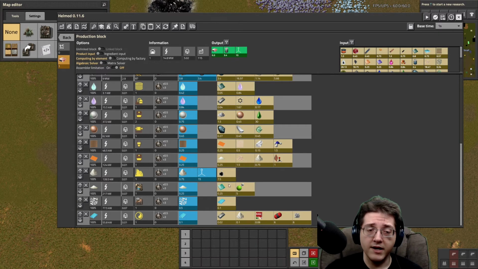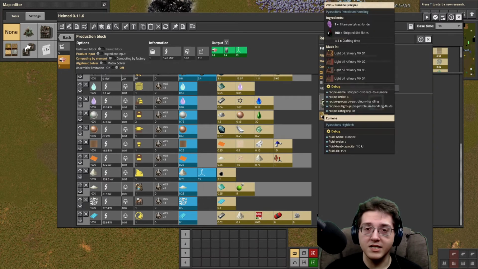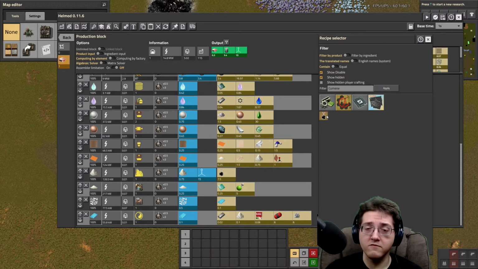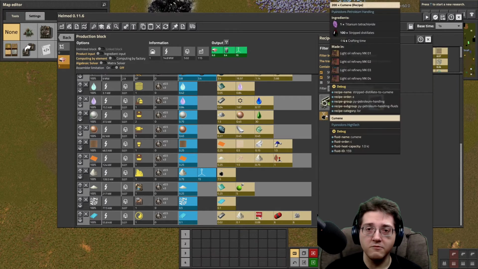But just to reiterate my thoughts on the phenol, if you have done that brain biocomputing for chemical science, you have the most important recipe, which is the distillates recipe for cumene. This is a very key recipe in my mind. This would be one of the most important recipes in the entire pie suite for me to recommend people to get into. It is likely the best recipe to get into, because it is a very, very good